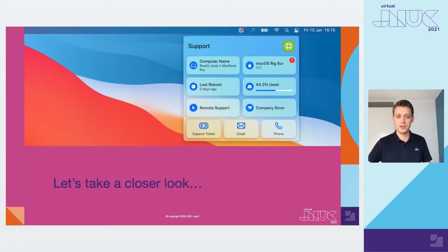Let's take a closer look at the application. You can spot the app in the menu bar by its life preserver symbol with the red notification badge. By clicking on the symbol, the app is shown using a macOS popover. It should look very familiar in macOS Big Sur with its translucent background, buttons, and shadows. The symbols on the buttons also look at home and match Control Center.